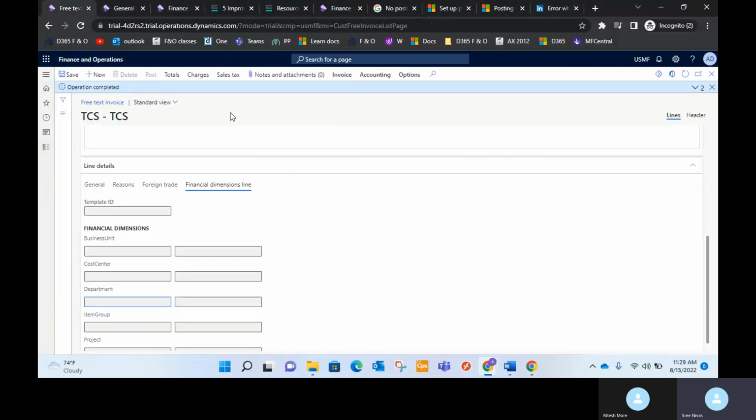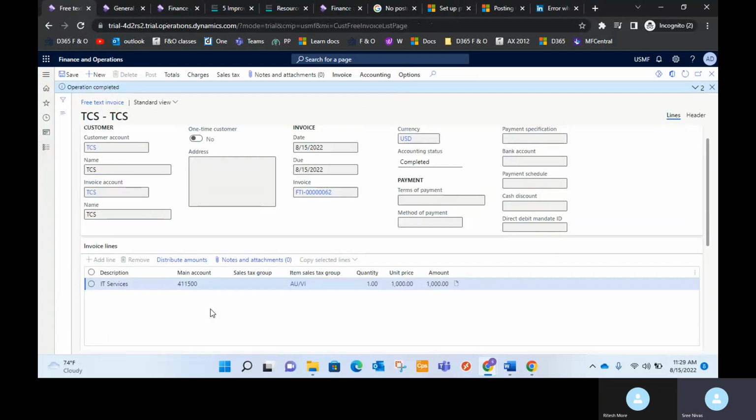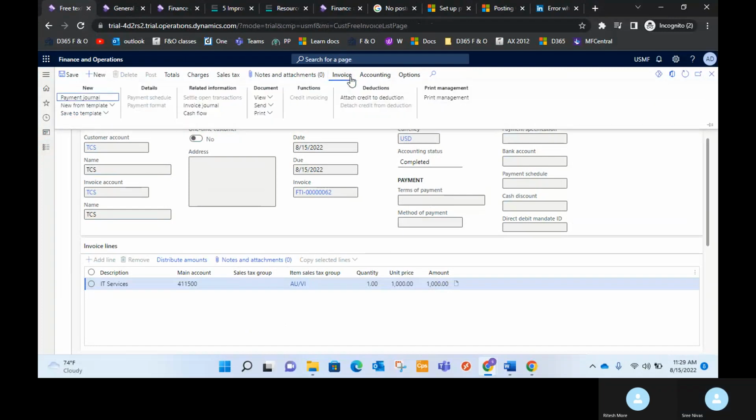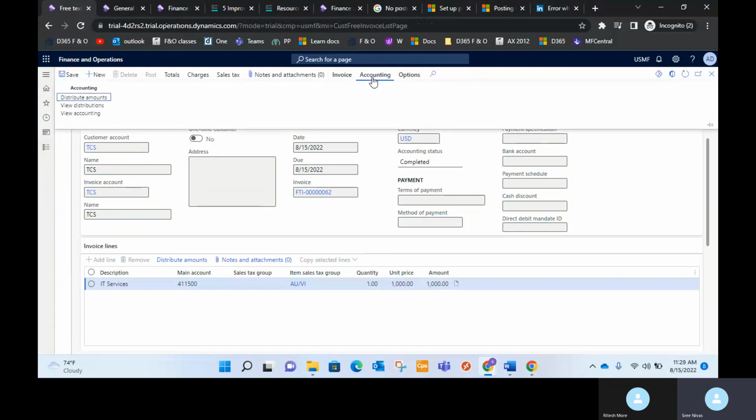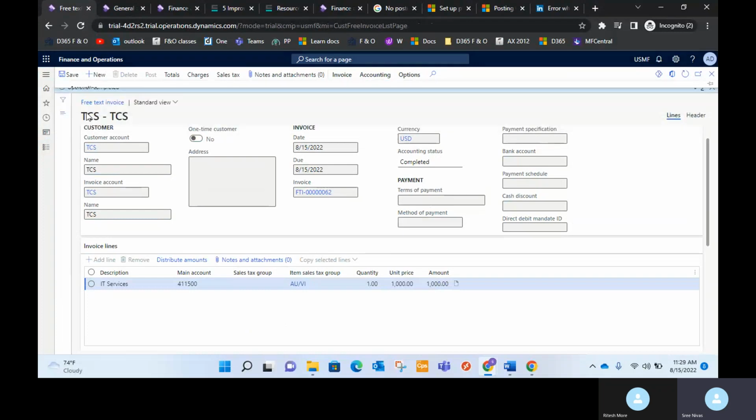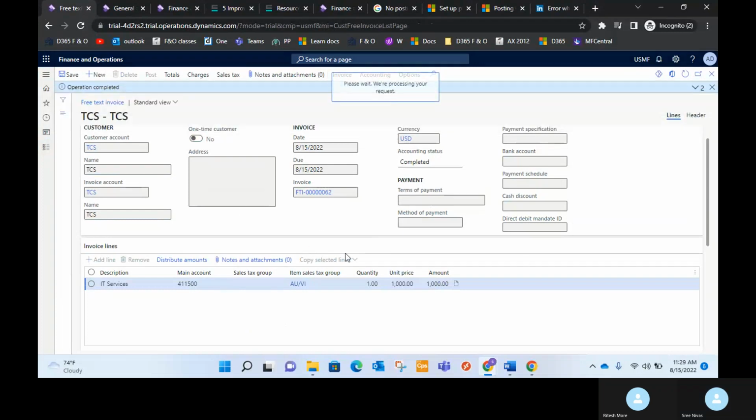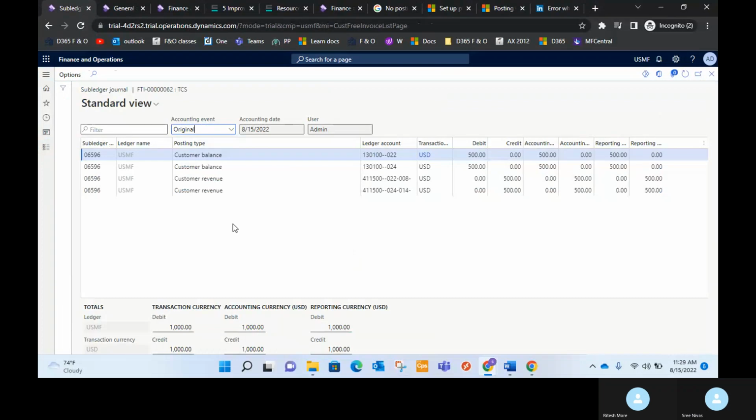Now the free text invoice has been posted. But as per the general process, we are supposed to see the journal entry. Now click on the invoice. Under accounting, you can see the journal entry; click on view accounting. Yes, customer balance is nothing but the accounts receivable, because the posting type we gave is customer balance, and since it is a revenue,